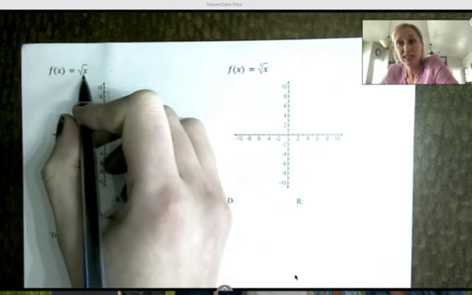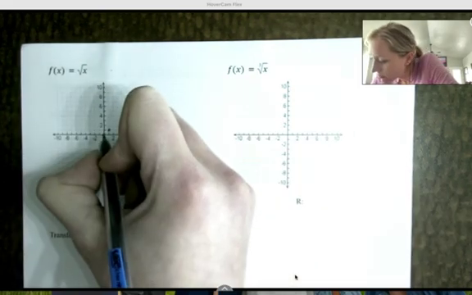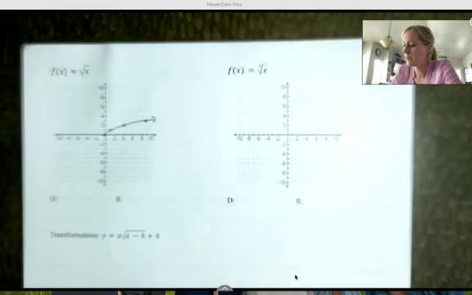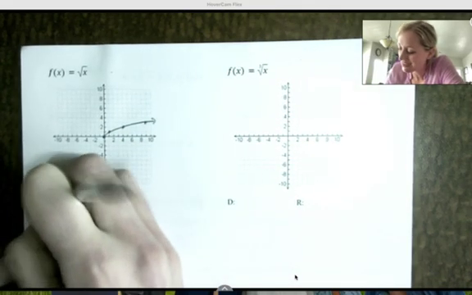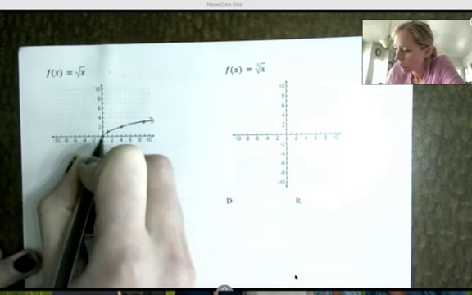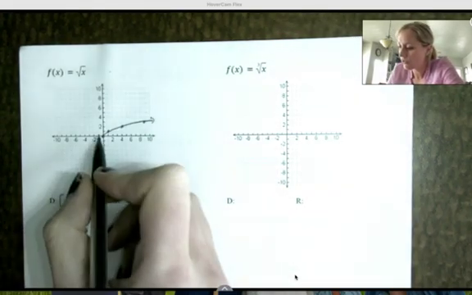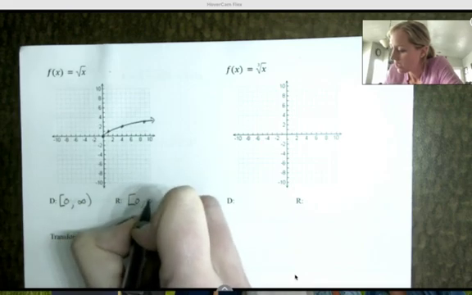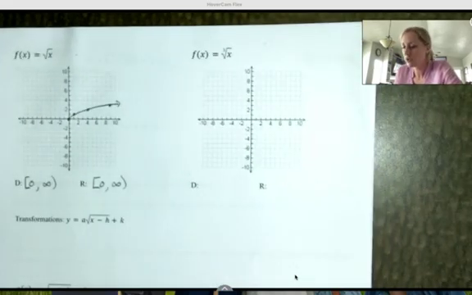Now, I cannot put anything negative in here, right? Square root of a negative does not exist in the real numbers, so this is our square root function. The domain is not negative infinity to infinity. It starts at 0, and it goes right forever, so it goes to infinity. The range also has nothing down here, so it also starts at 0, and it goes up gradually towards positive infinity. Now, cube root of x,